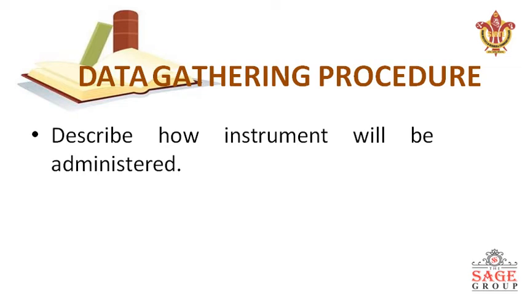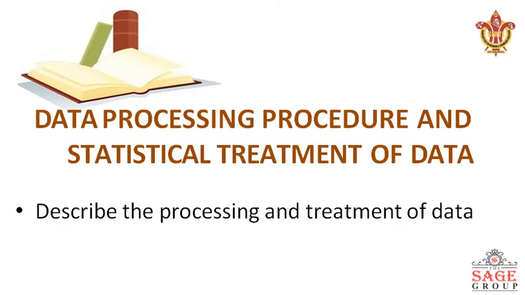Next we have the data processing. The data collected during the experiment or the research work has to be processed, and then the statistical treatment of the data has to be done. That means if the data is in a certain format, we have to convert it into another format, and then apply statistical measures like the coefficient of determination, the accuracy criteria, or the Nash-Sutcliffe efficiency. These are the statistical tools to be employed on the data to generate our results.